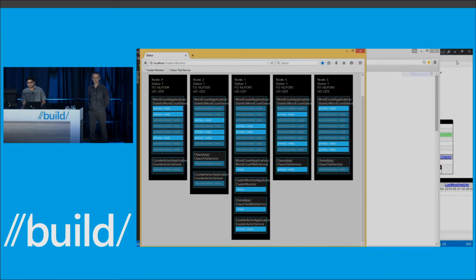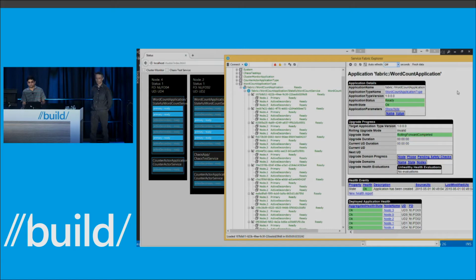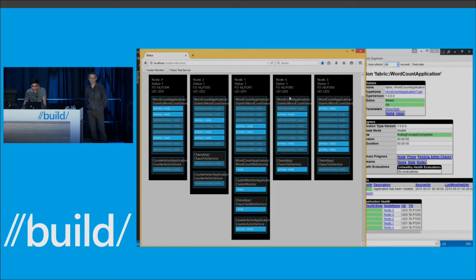So I imagine that some of you will say, hey, the Service Fabric Explorer is good, but the UI is not that great. Maybe we'll build something more appealing and more pleasing to the eyes. You can do that using the management API that we provide. Here, in the same slide that Mark showed, you can see that there are multiple partitions. Each of these black boxes represents a node, and inside that, multiple applications are deployed, and within that, I have multiple partitions. When I hover over a primary here, you'll see the two secondaries corresponding to it being lit up.